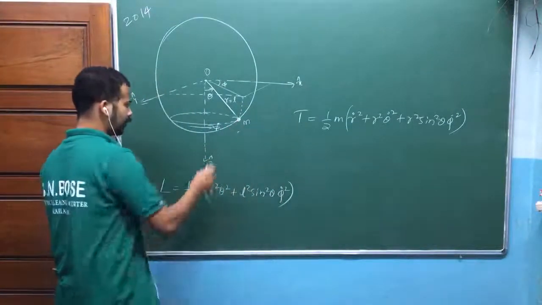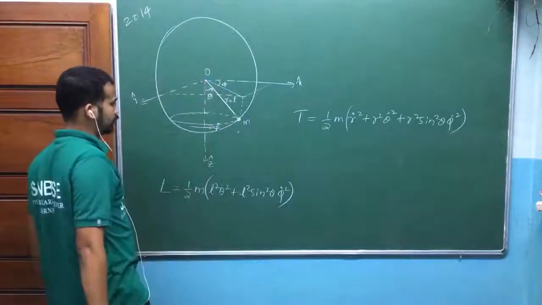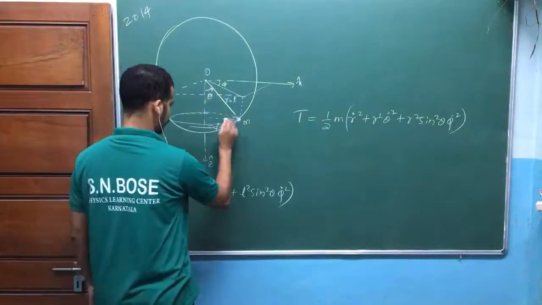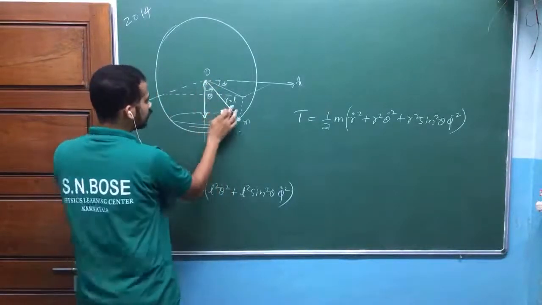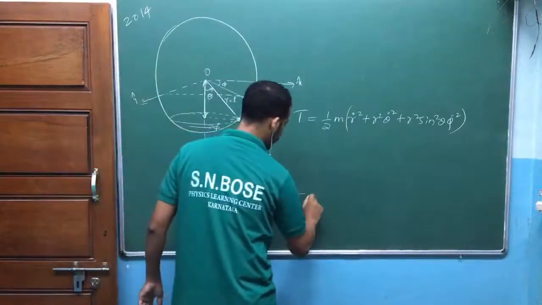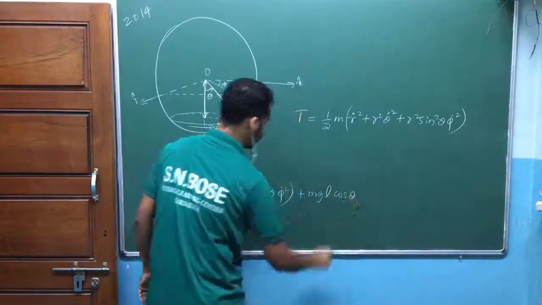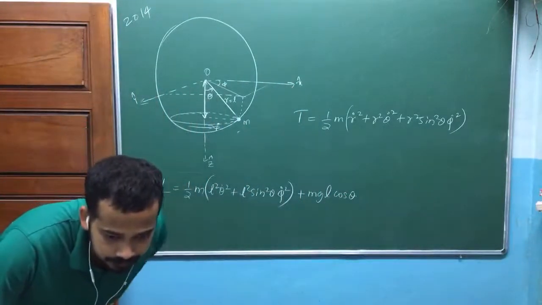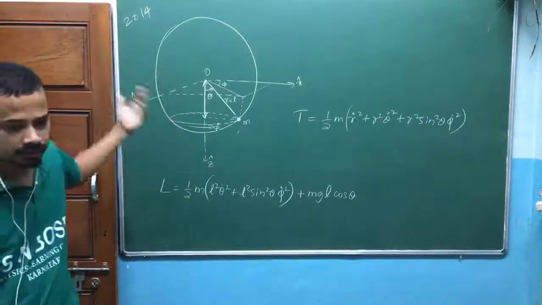And for potential energy, again, you can take this xy plane as zero potential. How far below is this mass? Again, you can take this distance. That is nothing but L cos theta. So the potential energy is minus m g L cos theta. Any question here? Quickly. Yeah, this y cap is out of the plane. You can take that idea.